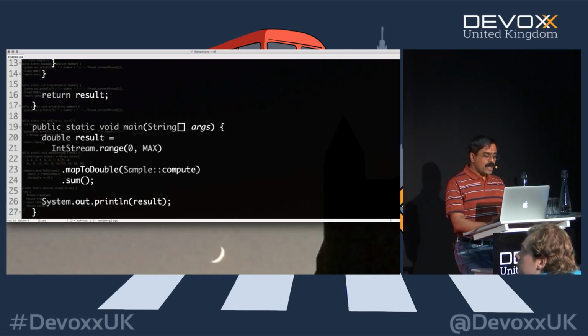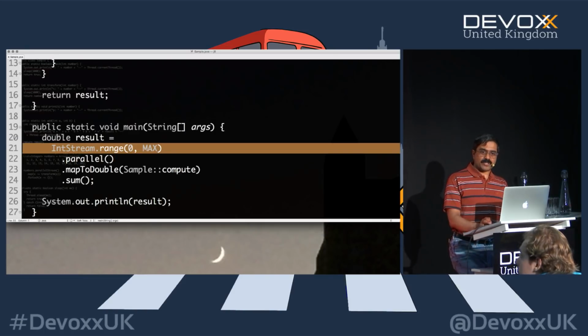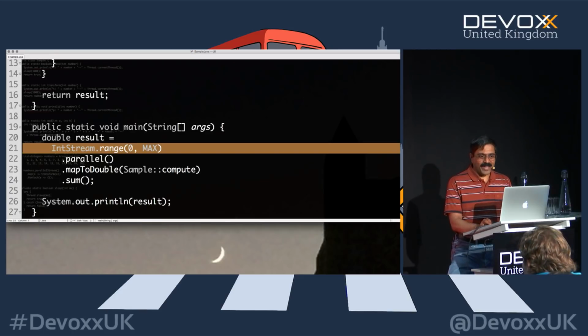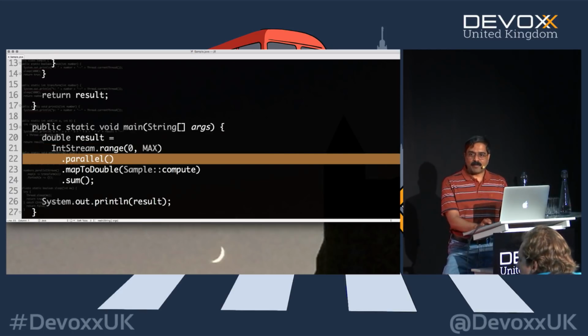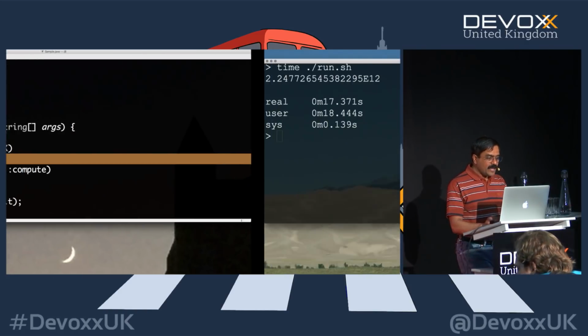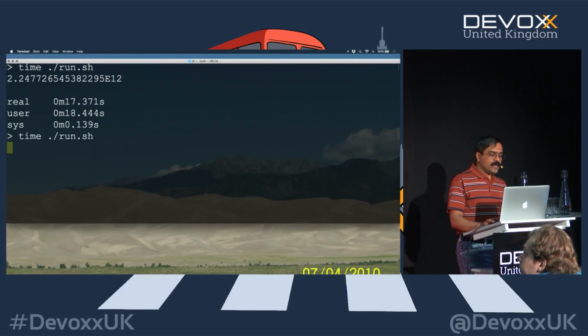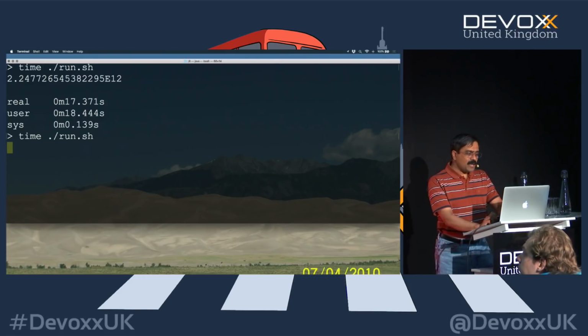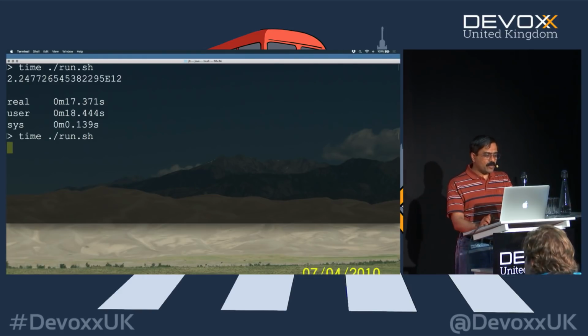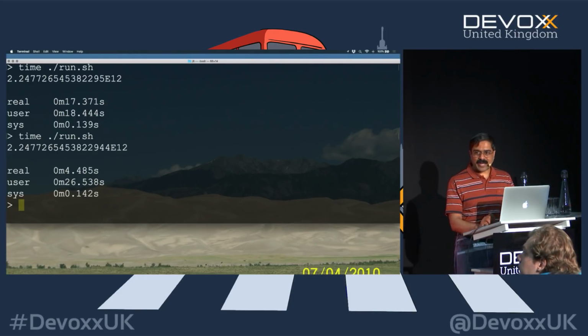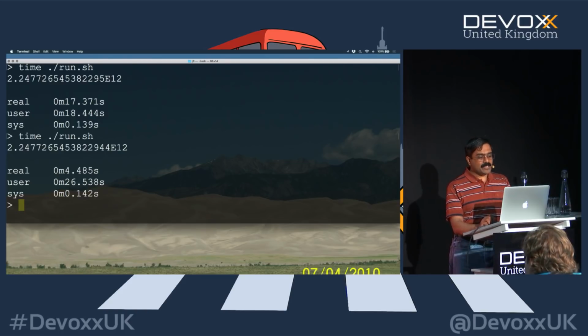I want to make this run faster. So I say dot parallel right here, because this is giving us a stream. I can't do a parallel range, but I can make it parallel by calling the parallel method. So this is going to run in parallel. I go back and run the code again. But this time, notice it only took about how much time? 4 seconds, give or take, and the result is still exactly the same as before. That tells us the code ran correctly, but it definitely ran faster.